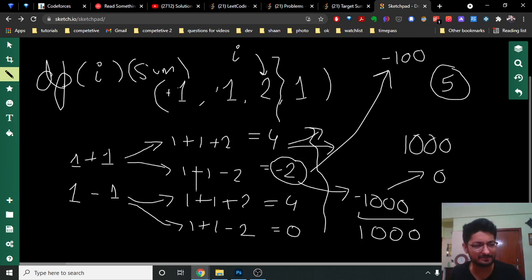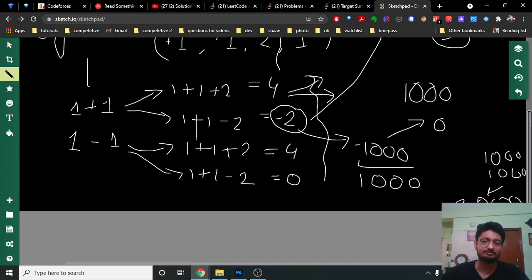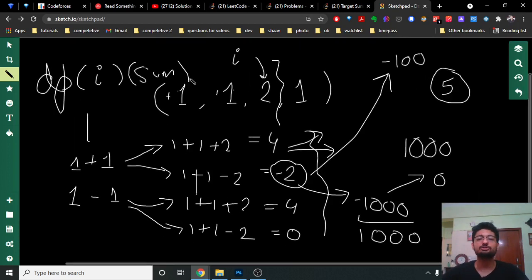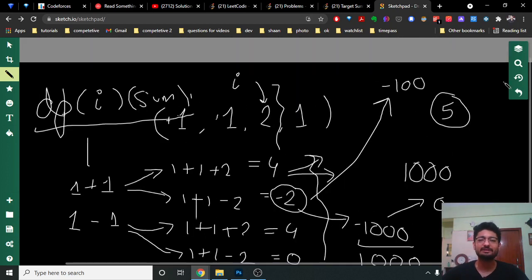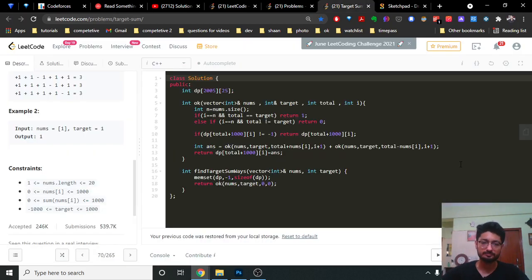You can use a map to store a pair of values, like the index and a sum, even with a negative number. That is also fine, okay, because a map can store a negative value also. But if you are using some sort of a table, some sort of a matrix to store the DP values, then it is beneficial to use this shifting. I hope you get the point. So I will tell you more with the code part now.